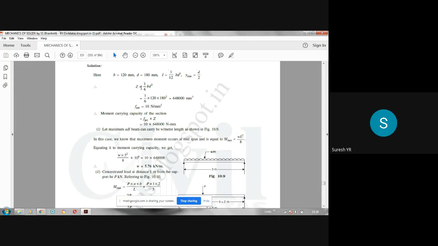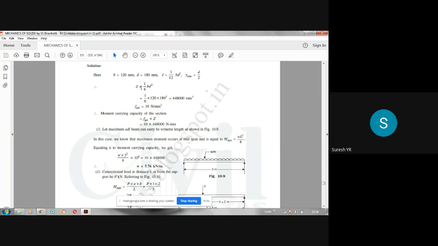Then maximum bending moment is a standard formula. For a UDL, you have a formula for the maximum bending moment, and that formula you should remember. For UDL, maximum bending moment is WL square by 8. We derived that in the bending moment diagram and shear force diagram chapter. So what you have to do is,